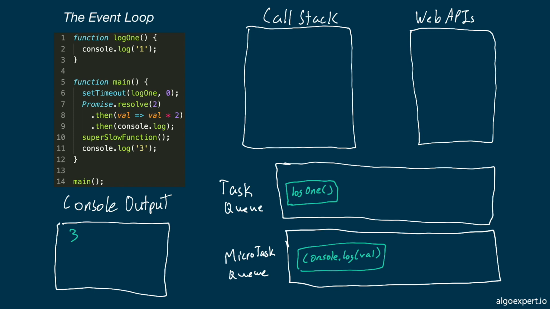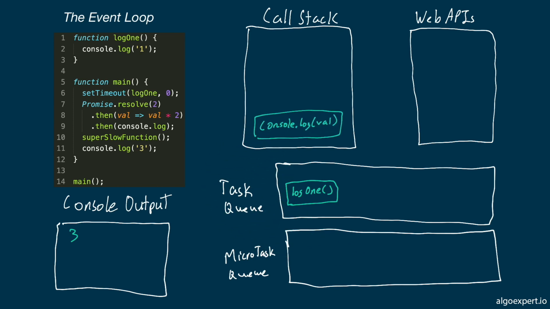In this case, we still have a microtask though, so we move the console log from the microtask queue onto the call stack. So even though this microtask was added far later than the task in the task queue, the microtask queue must be emptied out first. This console log will take in the value from the promise, so we end up logging out 4. This logs out to the console just like normal, and we are able to pop it off of the call stack. Now the call stack is empty once again, and the microtask queue is also empty, so we can finally